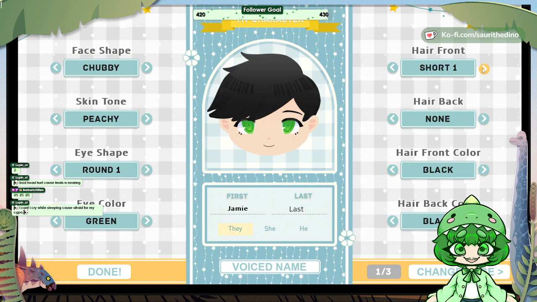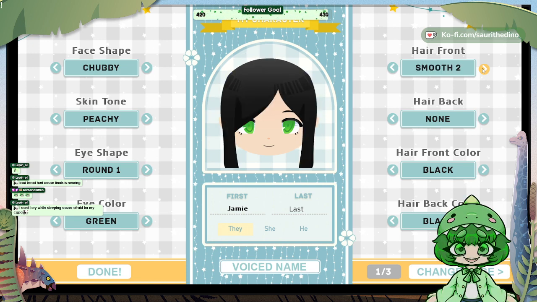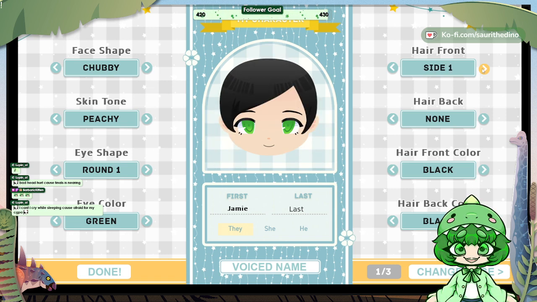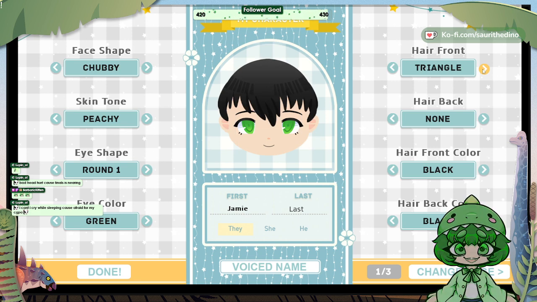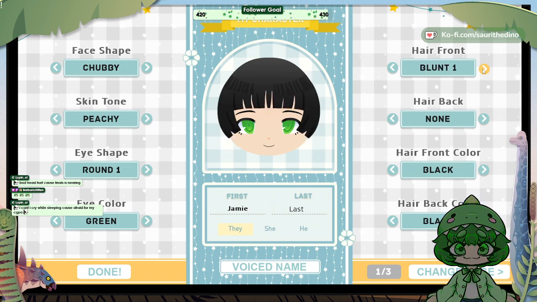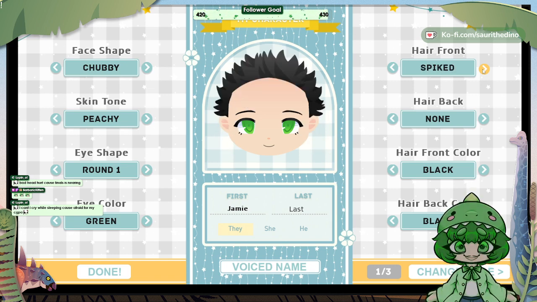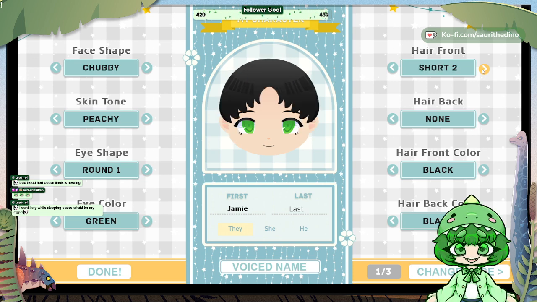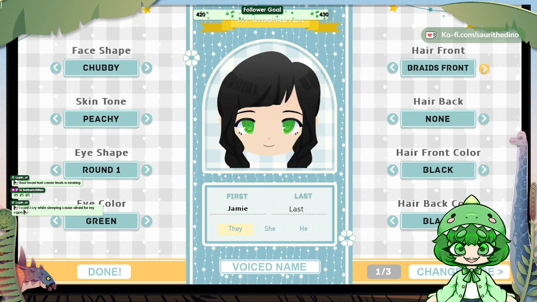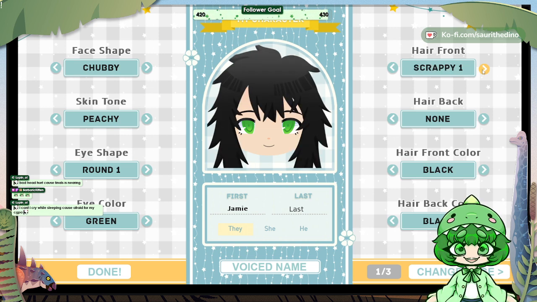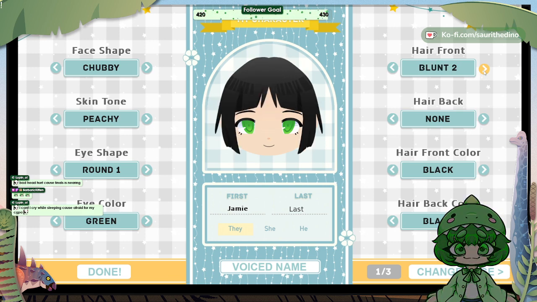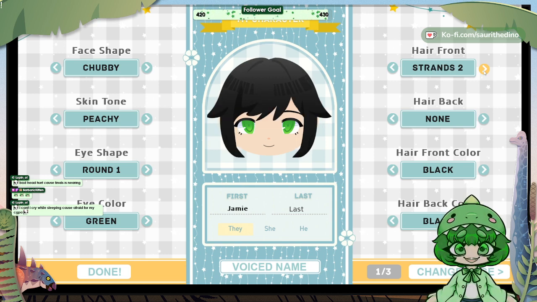Choppy, curled, flowy, short, medium, smooth, choppy 2, long, locks, side parted, triangle parted 2, wavy, blunt, side spiked, that's cute, wavy 2, short 2, eye cut, oh boy, sideburns, strands, bowl cut, braids, scrappy, braid front, flowy 2, blunt 2, strands 2.